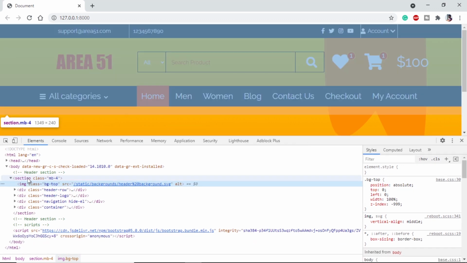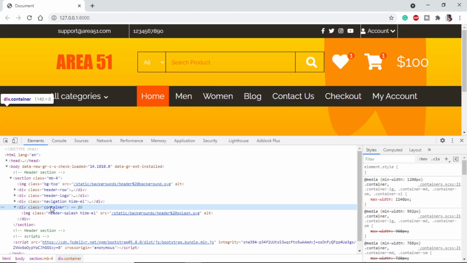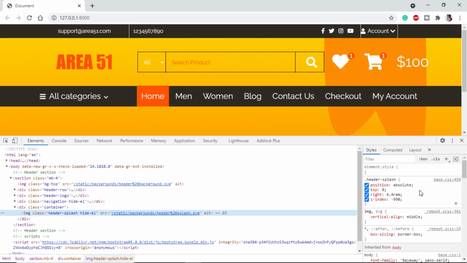If we see our section, I have added this at the bottom, or you can add this anywhere as we are using absolute positioning. So I am using a container so that it is sticking inside the container, and I have again used an image tag giving it the static path. And if we see the class, we can see again I am using the absolute. I am sticking it to the top. For the right, I am making it just a little bit outside of the container so that it is looking good.